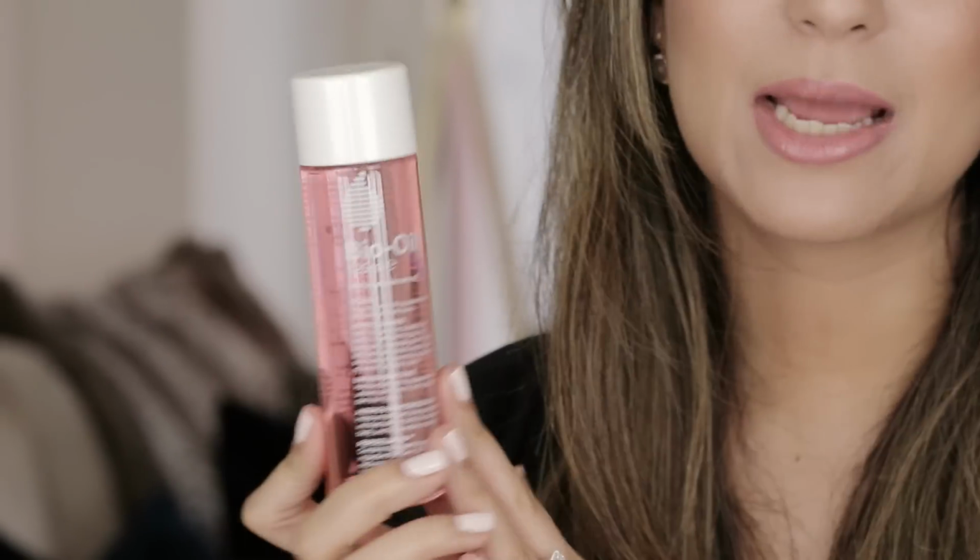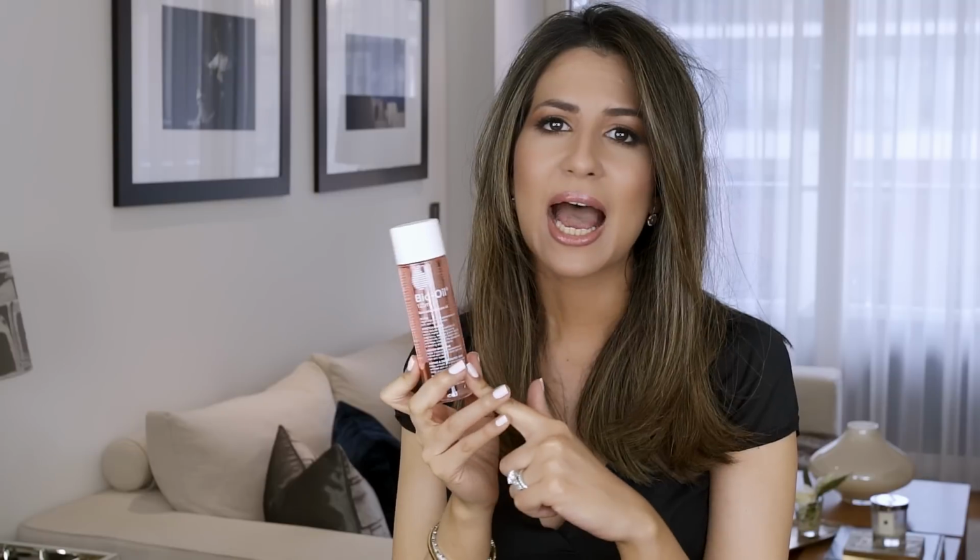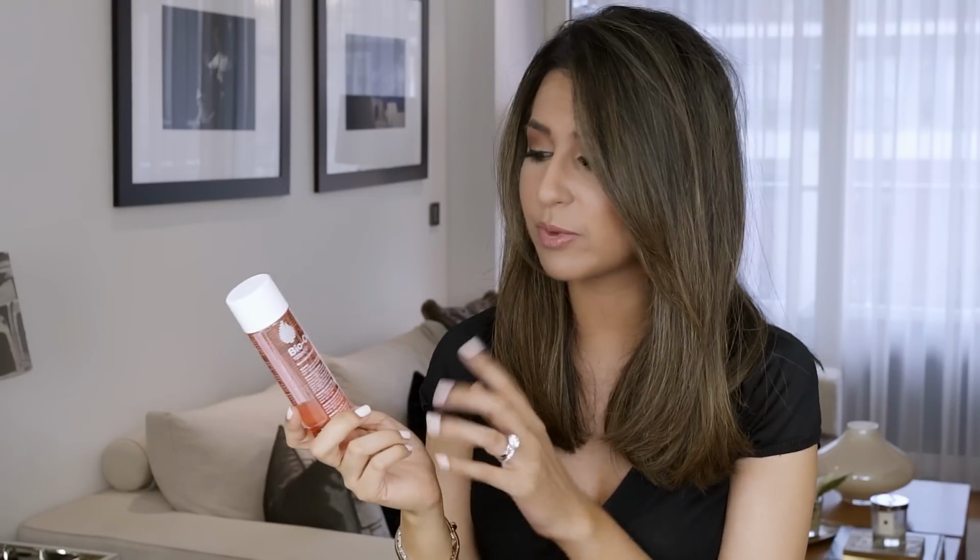It's actually a really affordable product. I think it's only about maybe £5 in Boots, and apparently it really helps with uneven skin tone. It helps with stretch marks, it helps with any kind of scars that you have on your skin, and I've been using it on my body. Basically I've been using it on my knees because I have a lot of stretch marks there, and I have a scar on my tummy from an operation I had years ago,